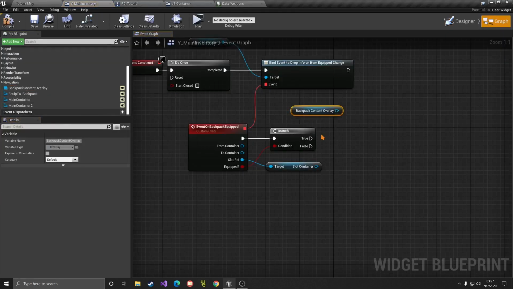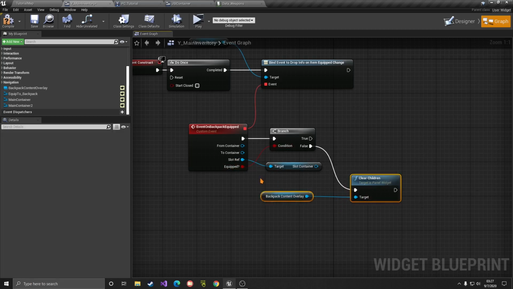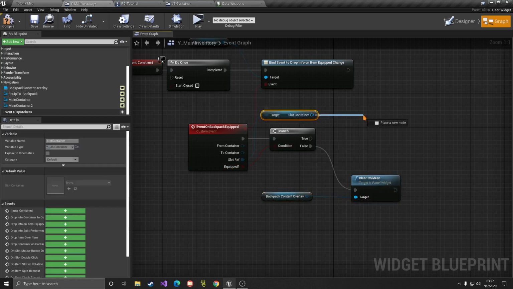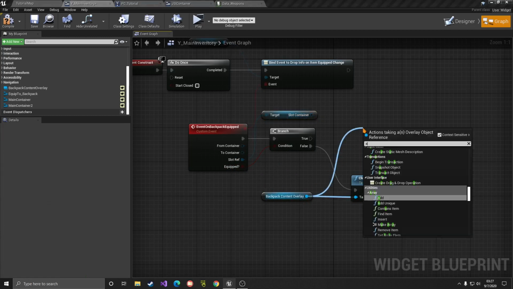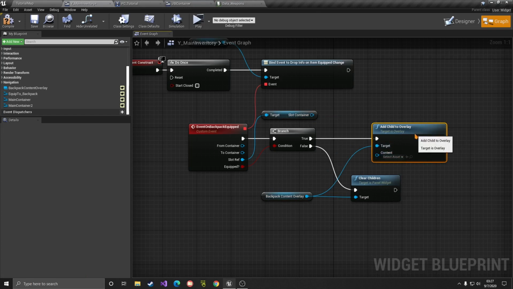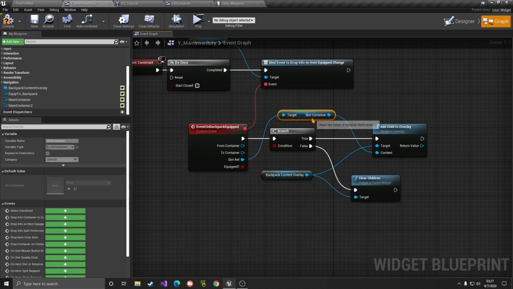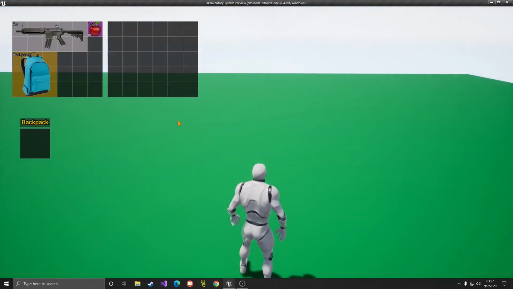So do this. Okay, so if it's not equipped, let's go ahead and clear children. So that's easy right there. When the backpack is not equipped, just go ahead and clear the children. If it's equipped, we're going to add a child. Not there, here. So add child to overlay. This takes a widget object reference, and of course a user widget is also a widget object reference, so just do it there. So that is actually all we need to do here. We might have to do some adjustments in terms of size maybe, but let's just give it a try here